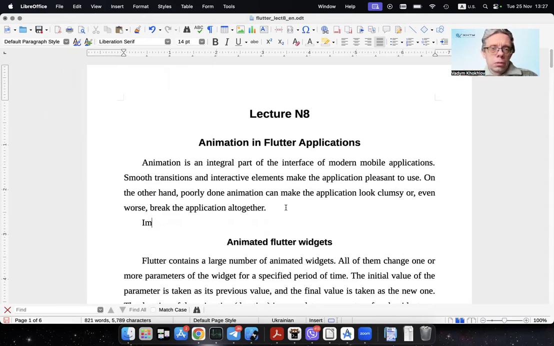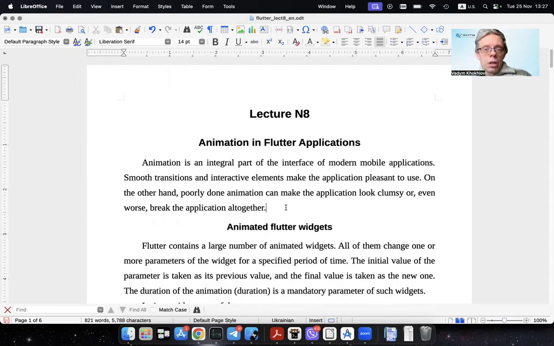And another variant, explicit. In Ukrainian, it's явна анімація, that is, in this case you have full control over the animation process. So let's see, and at first